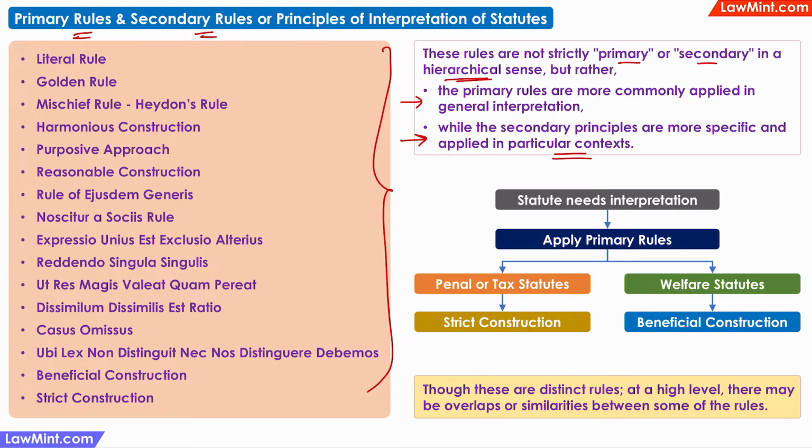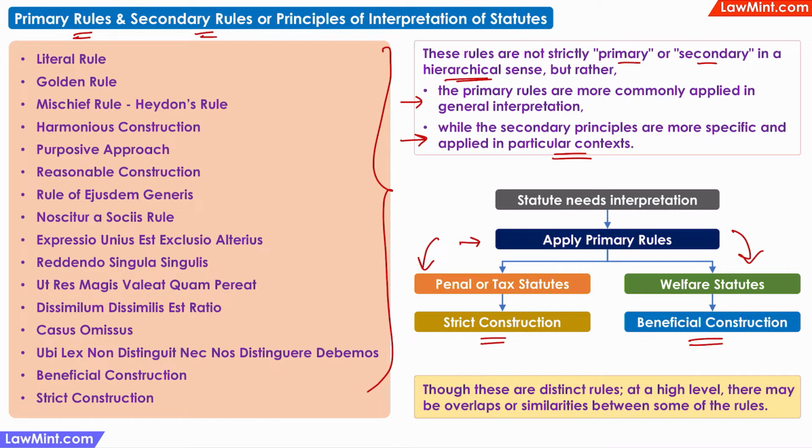For example, the literal rule or the golden rule are applied first, and if the statute is a taxation or a penal statute, you may also apply the rule of strict construction. And if the statute is a welfare, environmental, or a consumer protection statute, you may apply the rule of beneficial